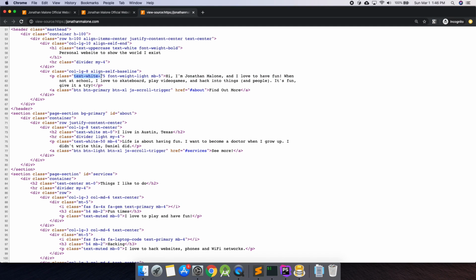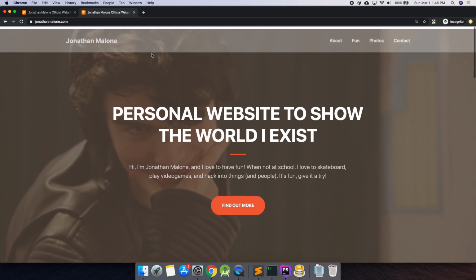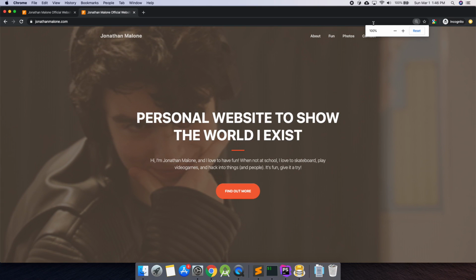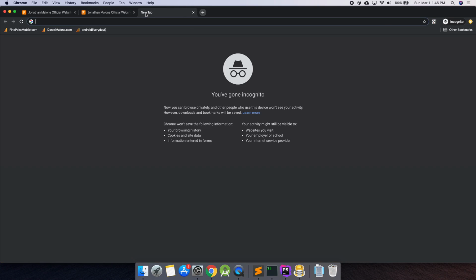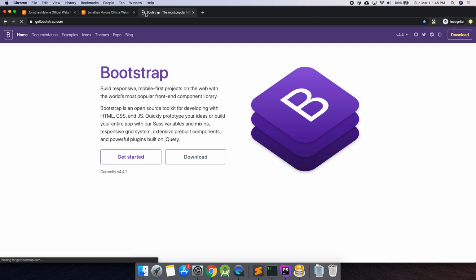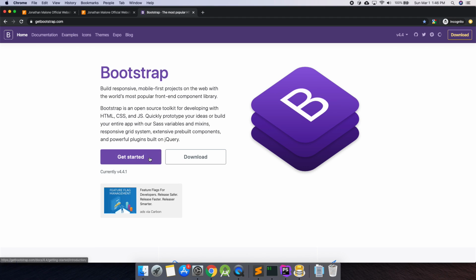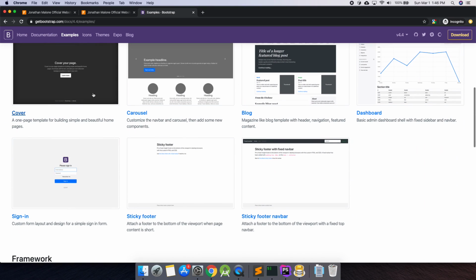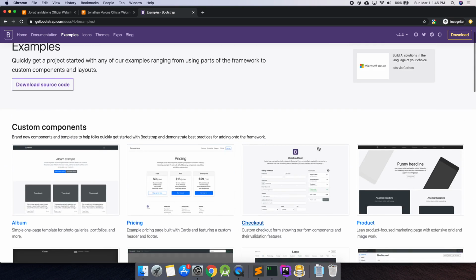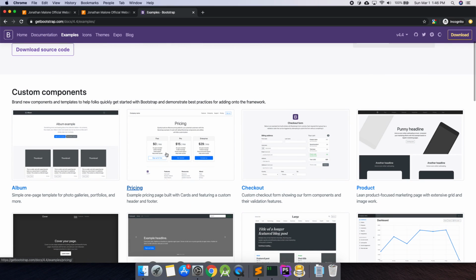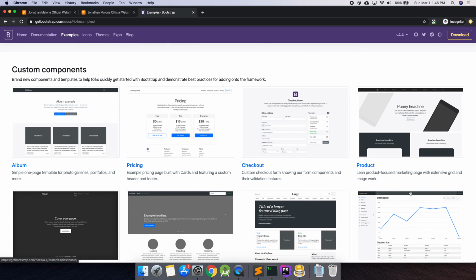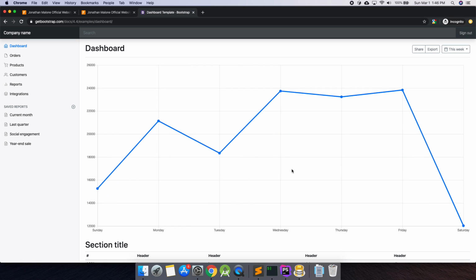You can see the text, there's all kinds of stuff here, and this is not a tutorial, just how I built it. So what I actually did is I started with a Bootstrap theme. You can Google, get Bootstrap, and this is a free starter template for HTML and CSS. And if you want to look at some examples, you can see examples. So say you want to build a registration form, or maybe a snazzy product dashboard